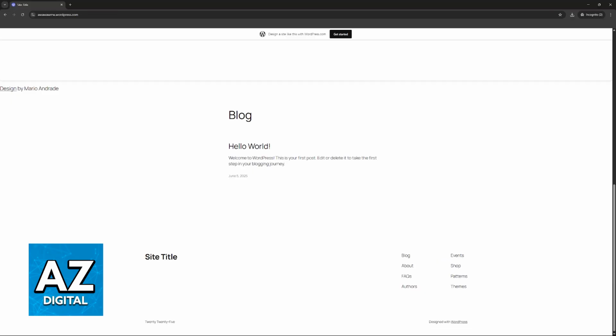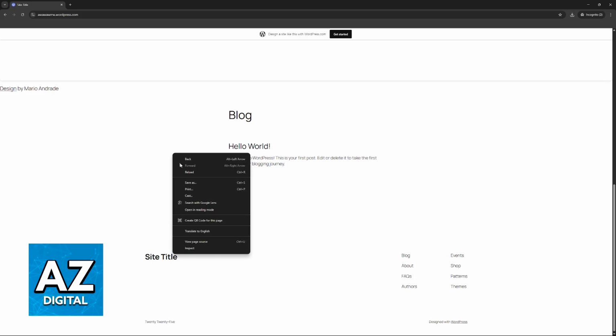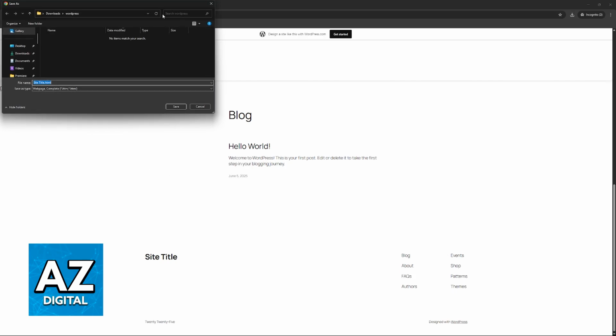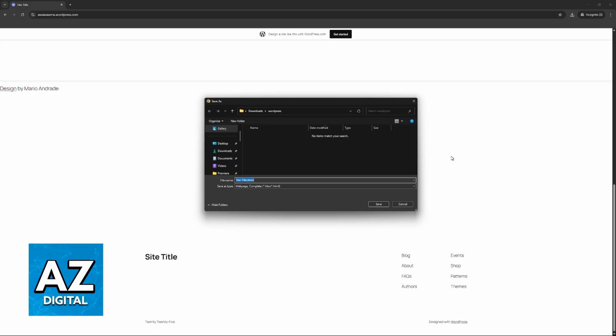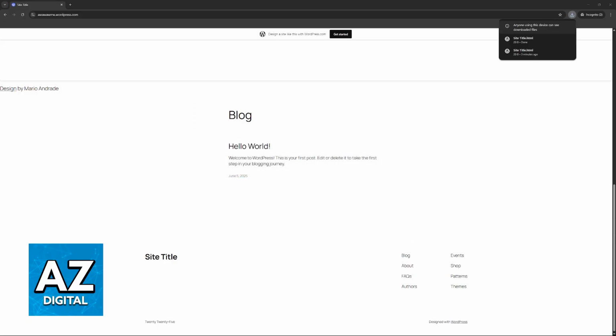Now, if you don't have the business plan like me, then you can do the manual option, which is right-clicking your WordPress page and choosing an option to save as. Now, of course, this is extremely basic, but it will save everything that you need, so the HTML, CSS, and JavaScript. However, it isn't going to transfer over some advanced server-side stuff. So if you have a lot of server-side tools attributed to your WordPress page, those might not work. Keep that in mind. This is going to be a limitation overall, so there isn't much that you can do.